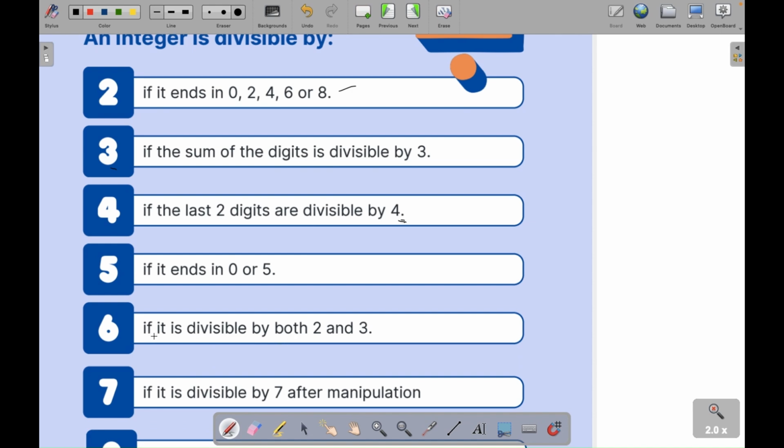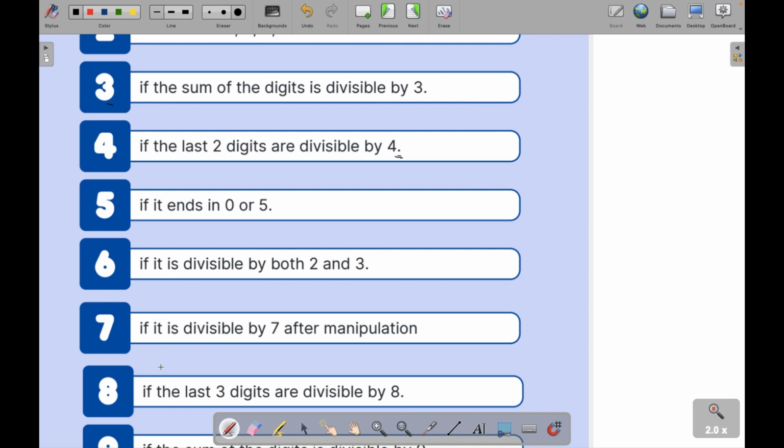It is divisible by 6 if it is divisible by both 2 and 3. Right? It is divisible by 7 after manipulation. By manipulation, I mean doing some changes. So if I have 243, what we did is we took this unit digit, which is 3, and multiplied this with 2. So 3 times 2 gave us 6, right? Now we subtract this 6 from this 24. So 24 minus 6 gave us 18,